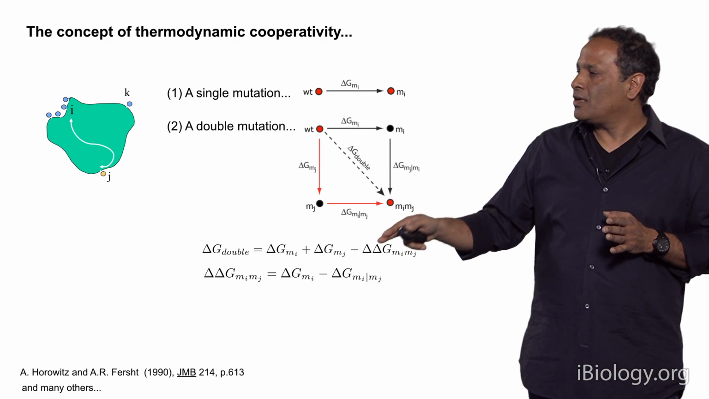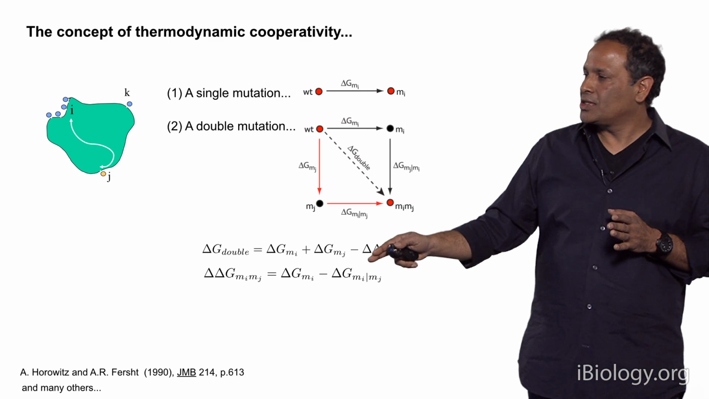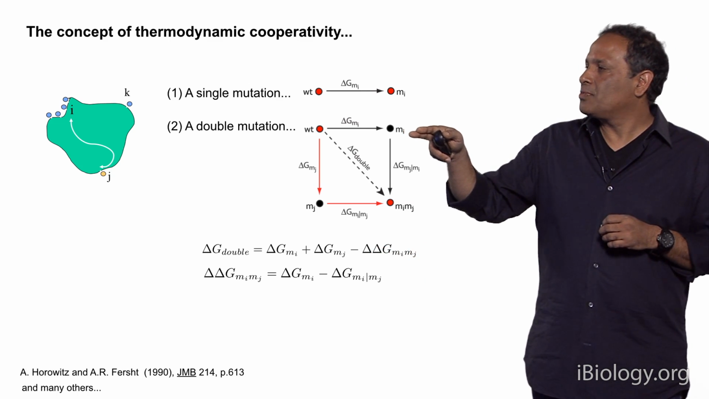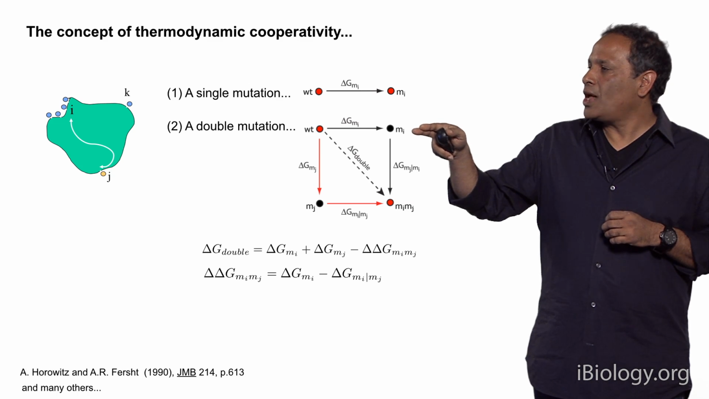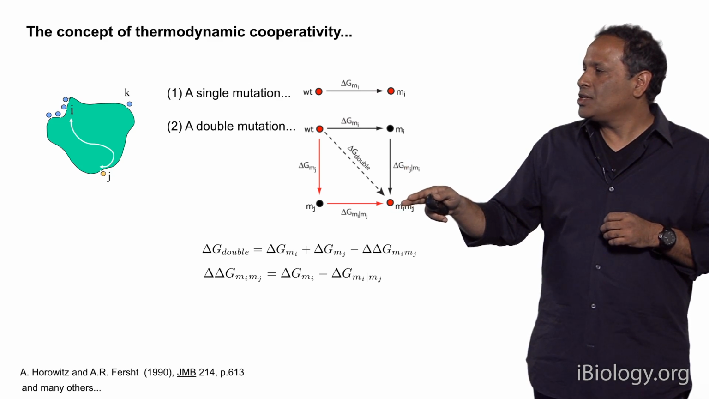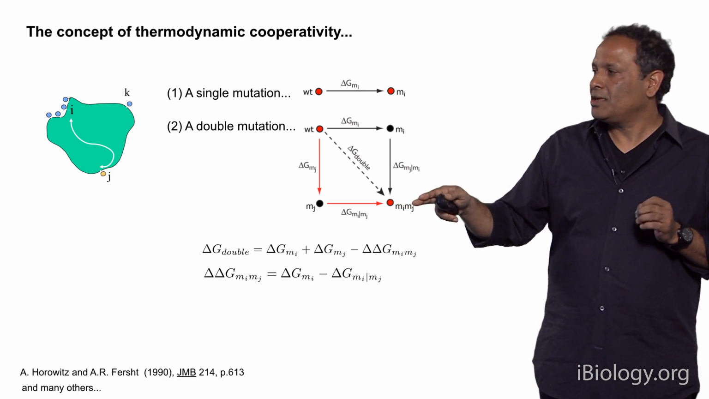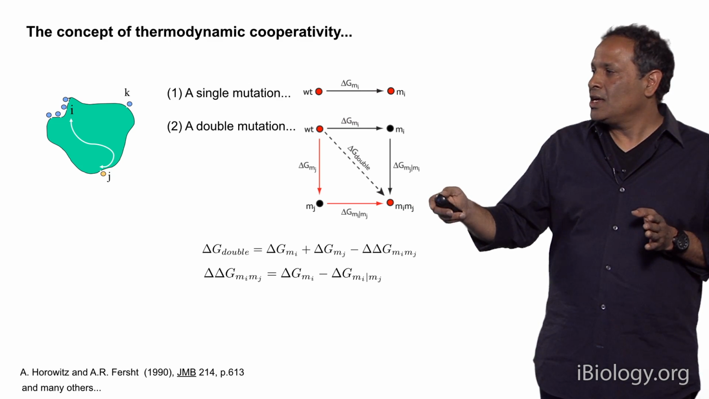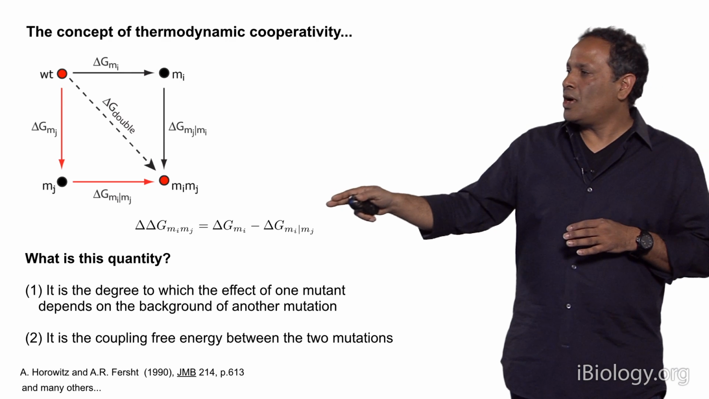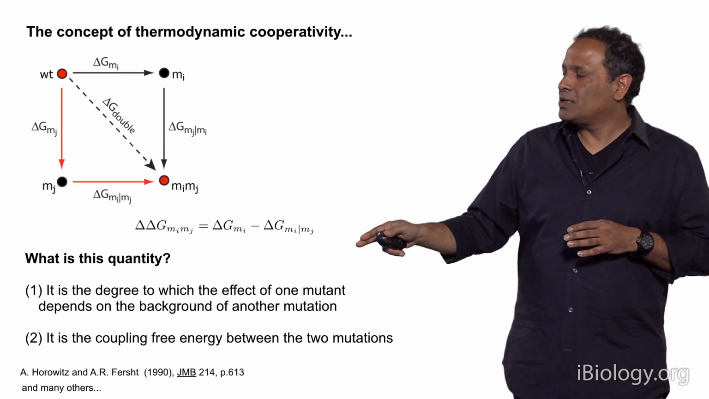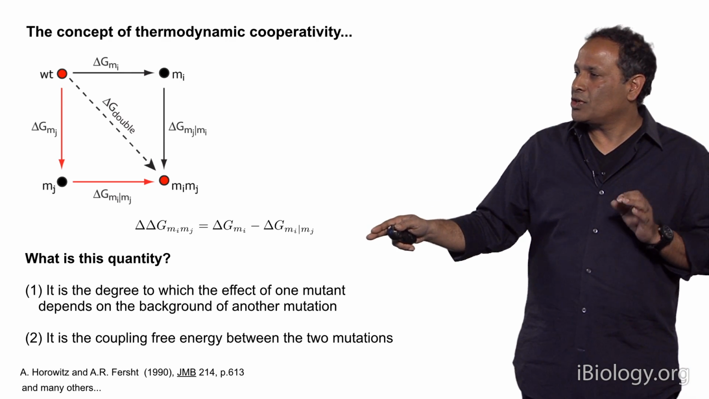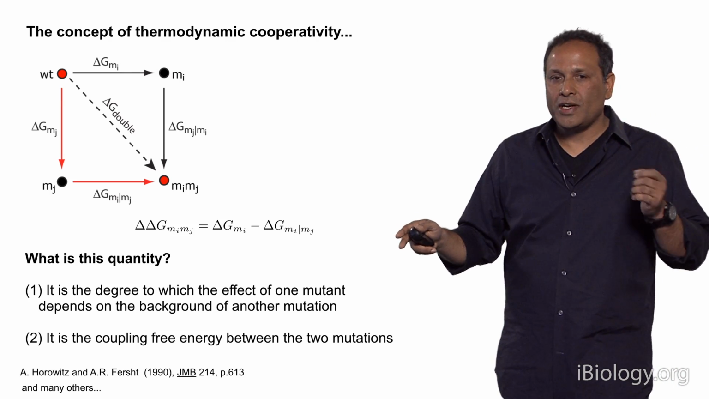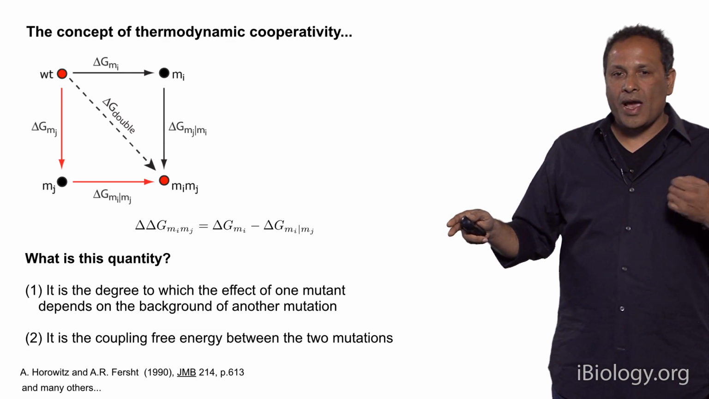The effect of the coupling free energy, or the delta G between mutations I and J, is the energetic effect of making a single mutation in the wild type background minus the energetic effect of that same mutation I, made in the background of another mutation J. Okay? So to be clear, this quantity, the coupling free energy, can be thought of as sort of 2 things. They're equivalent. The first is the degree to which the effect of one mutation depends on the background of another